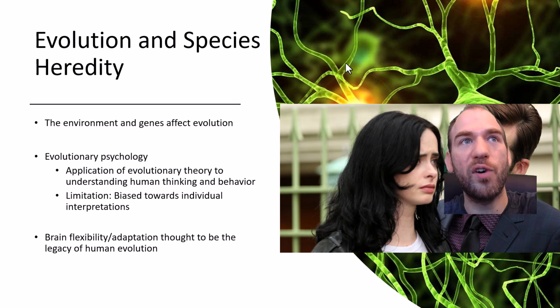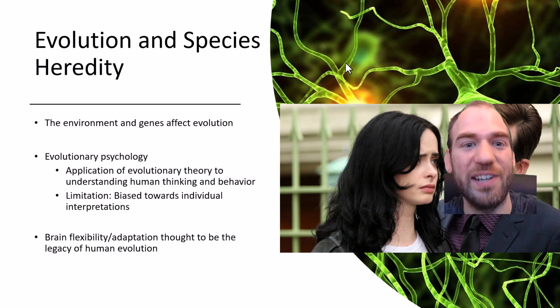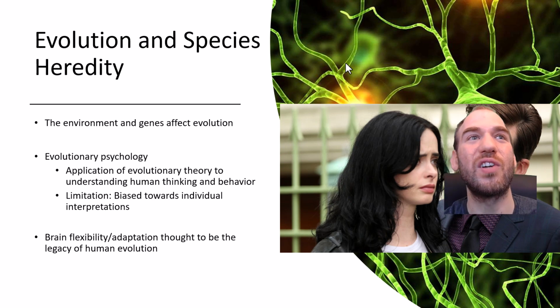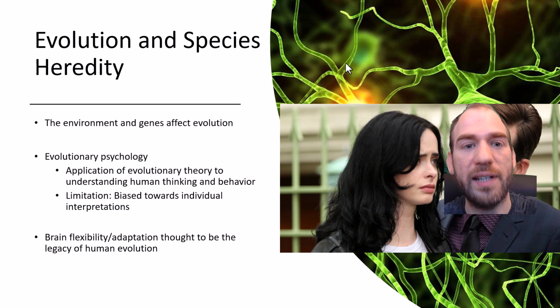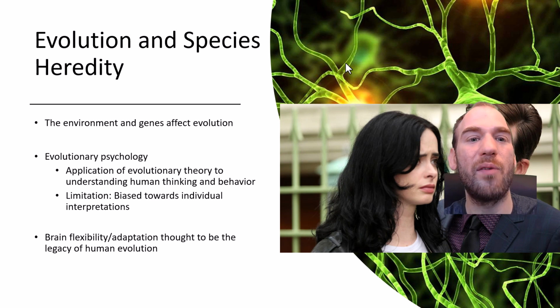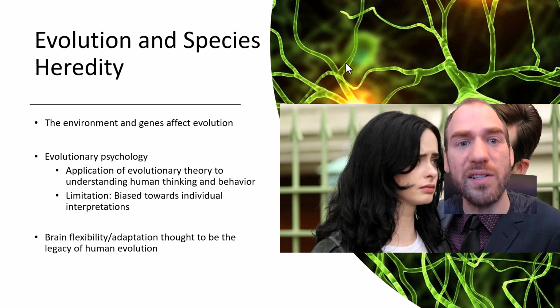All we have in front of us is what we see. We can't build a time machine yet. So it's difficult to figure out what is evolutionarily adaptive. Maybe something like attachment is, and we'll talk about that later on, but the idea is that you need a caregiver because human babies really can't do much. However, there are potential biases that emerge.